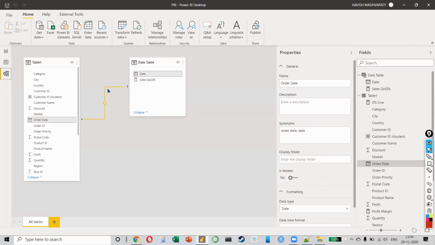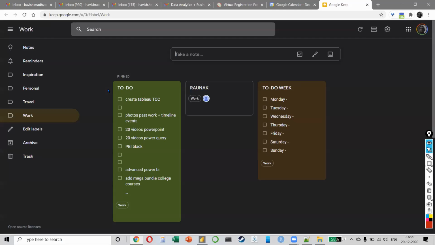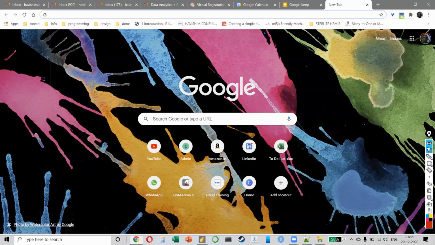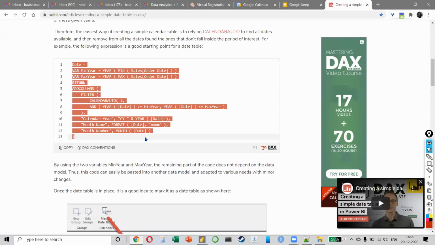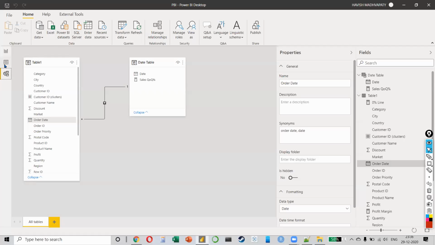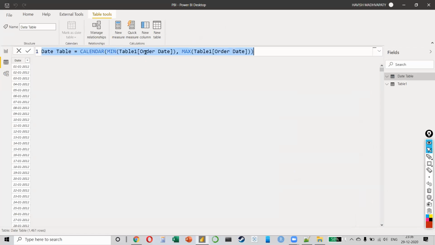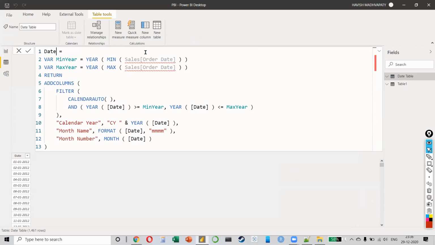Now, obviously, every topic that I'm teaching you, you can do in even more detail. So don't think that this is the only thing which is there. Just to give you a small glimpse, please see this. I can also create a more complicated date table like this. You don't need to do it now, but I just wanted to show you. Here, if you notice, we have a date table like this.